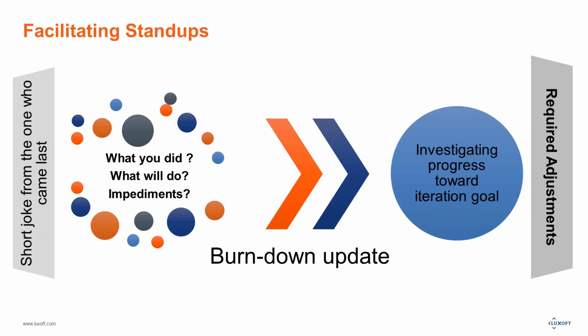So the next template is about stand-ups. Again, when you are starting a stand-up, you can do a short warm-up. For instance, someone who came later can tell the whole team a joke, and then you start the ordinary ritual where everybody says what he or she did, what he or she is going to do, and what impediments the person has. Then you as a team update the burn down. You can do it all together. You can have your burn down on a wall, on a flip chart, and update it. Draw the line according to these answers to see where you are as a team.